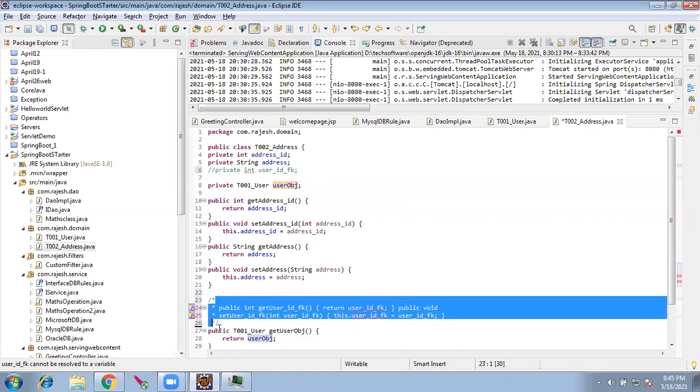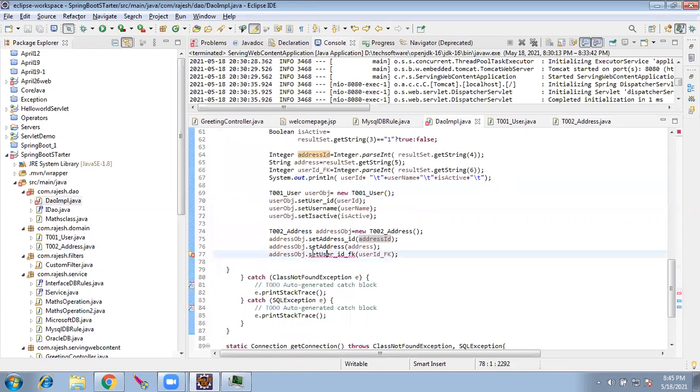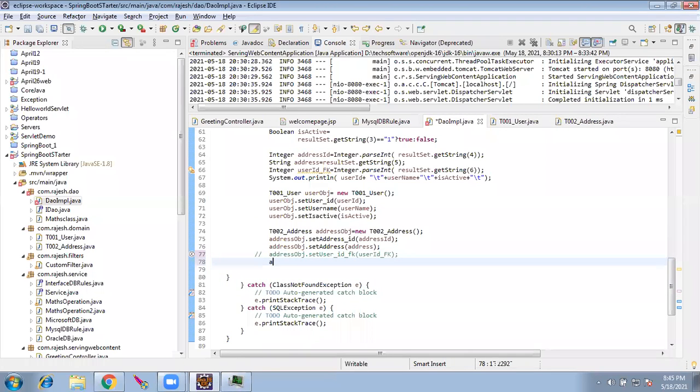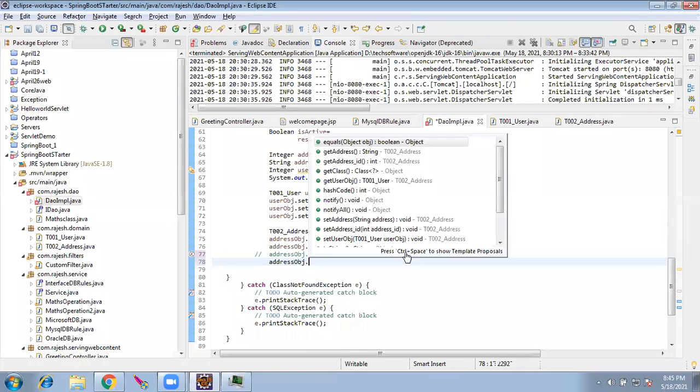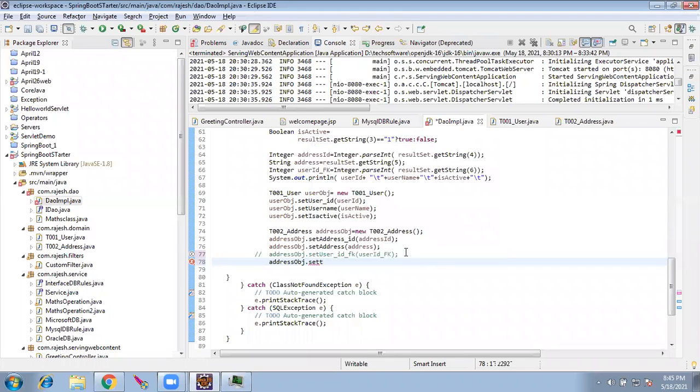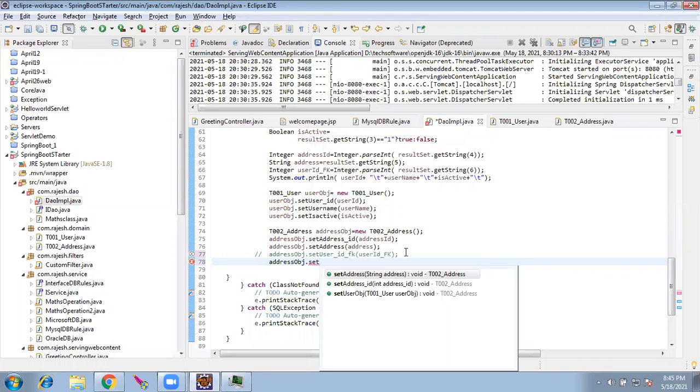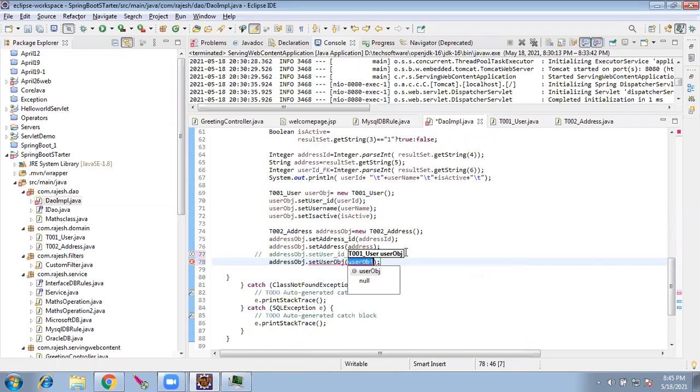I can comment this. So here it is going to throw an error. So instead of setting the user ID, I can set the user object which I formed in the previous step. Address obj dot set user object.